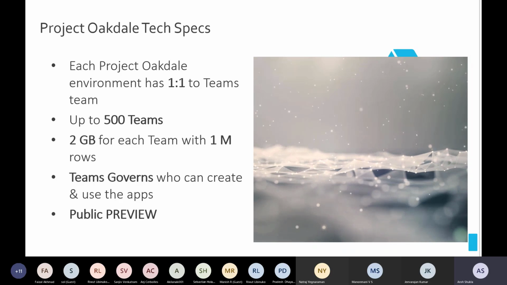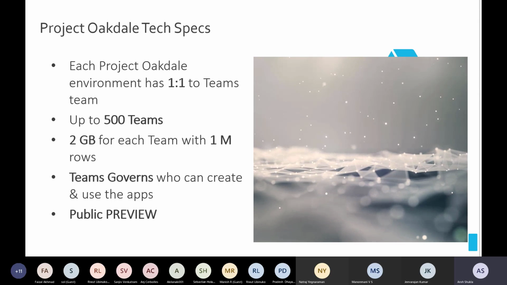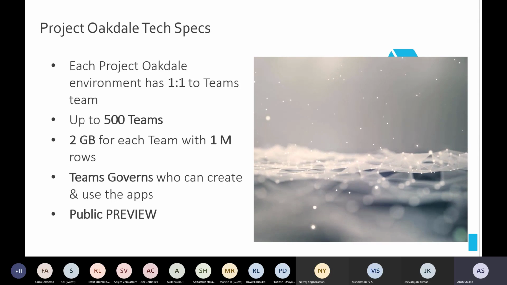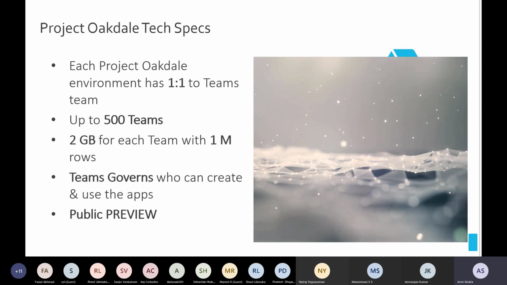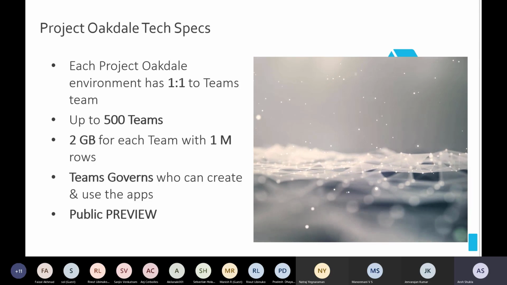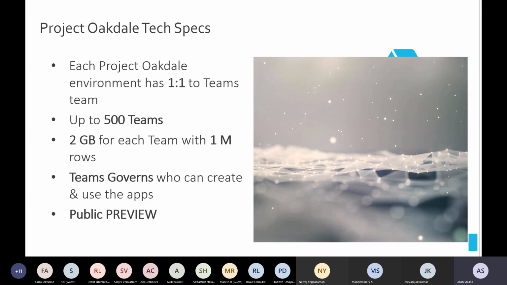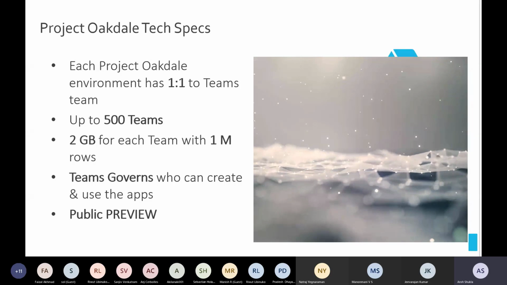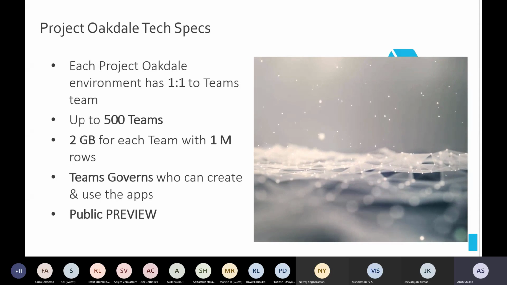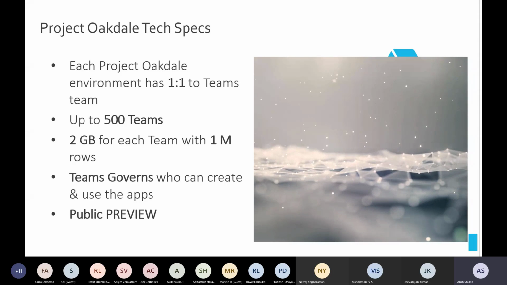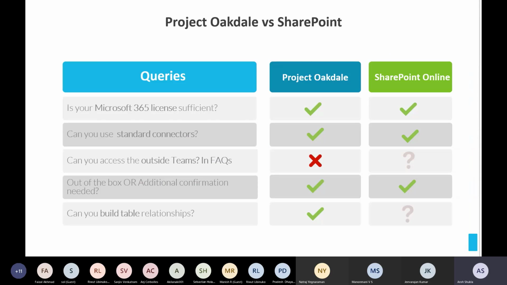So think about OMG: owner, member, and guest. If you add an app like Power Apps or Power Virtual Agents, anything, all the permissions the team owner can access. Or if you define the policy, you can define a guest. Only guests can see it, or the owners can see it. So it is completely based on the governance of Teams, not about Power Platform. This is a very important aspect. And again, it's a preview. Microsoft might change. Don't roll out to production yet because it's in preview.